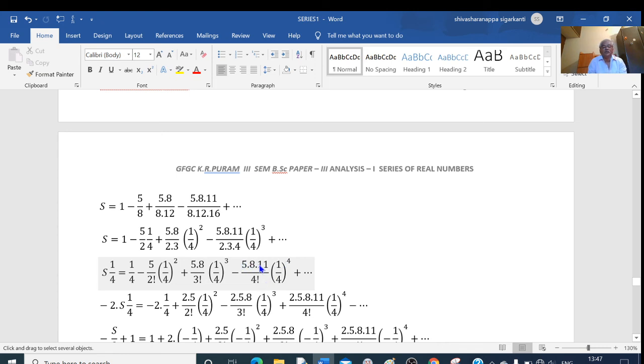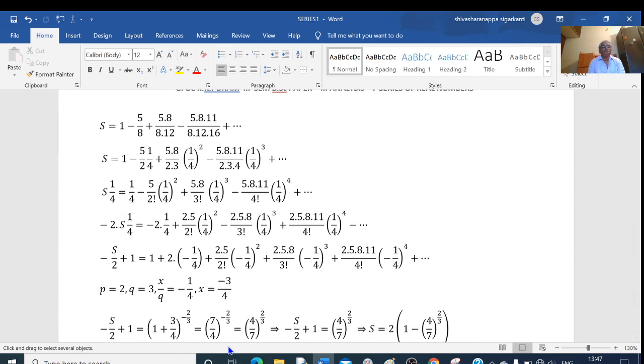Now, we need 4 terms in the numerator and I have to convert this negative into positive. So, for that what I do here is multiply this equation by 2, and also I will multiply this by minus 1. So, I will make this term as negative. That is, the power odd as negative, power even as it is itself here. So, therefore, I will multiply this by minus into 2, that is minus 2. Left hand side is minus 2 into s by 4 equal to, this becomes minus 2 into 1 by 4